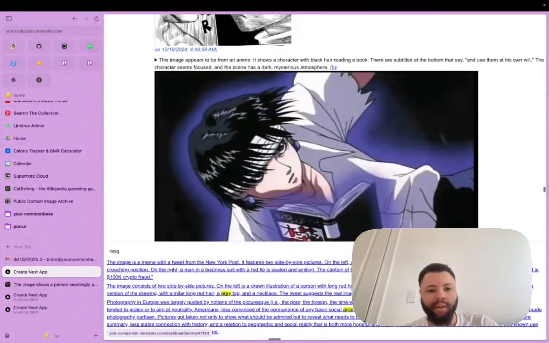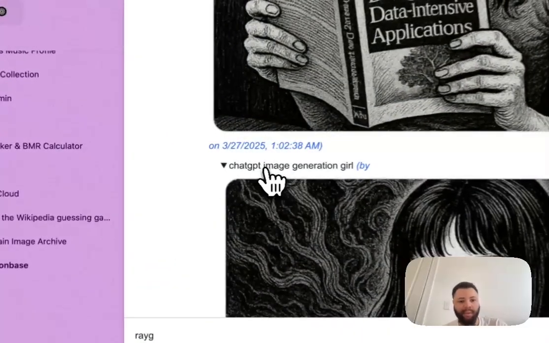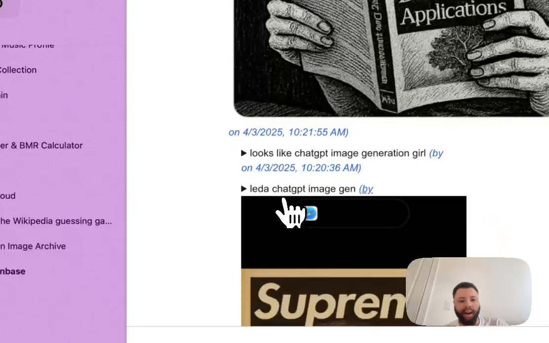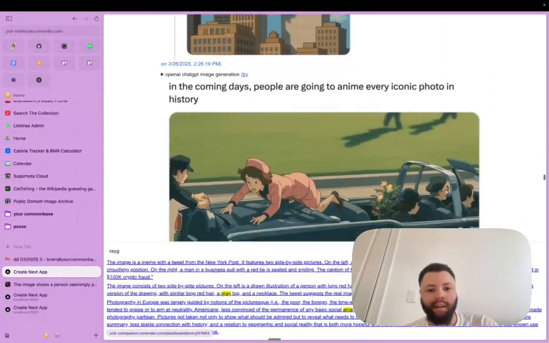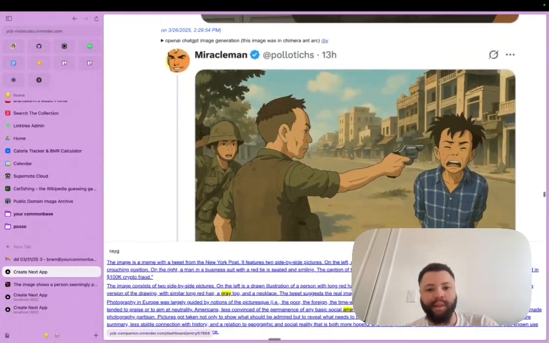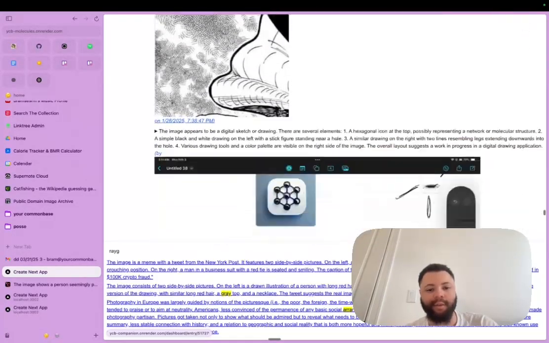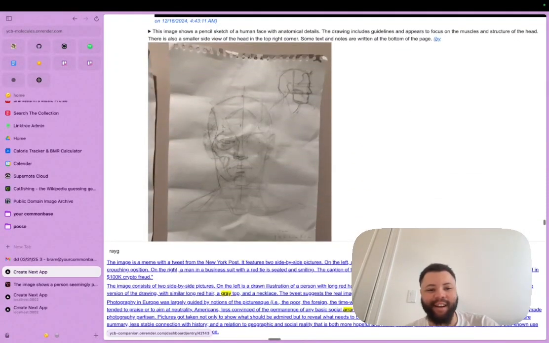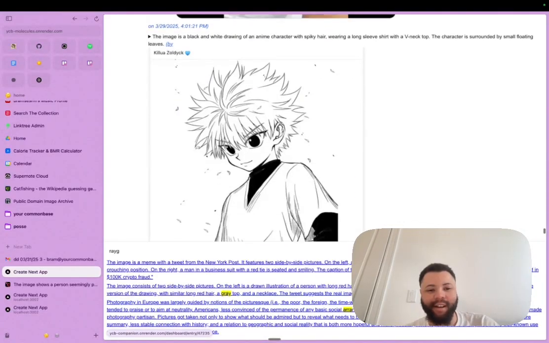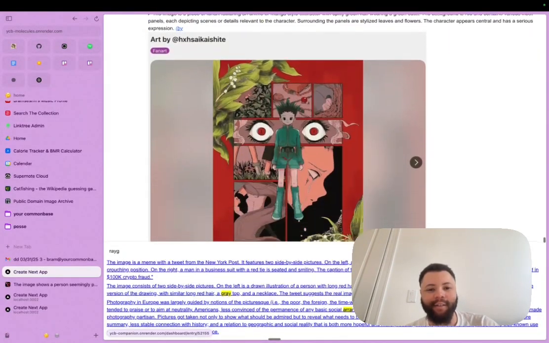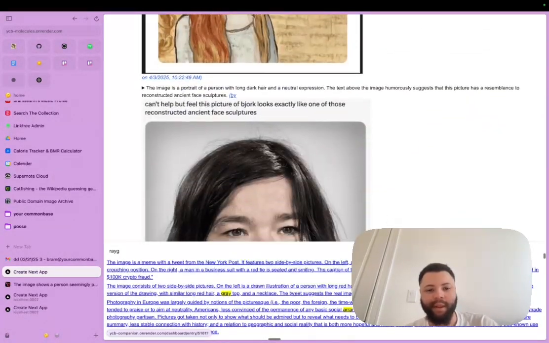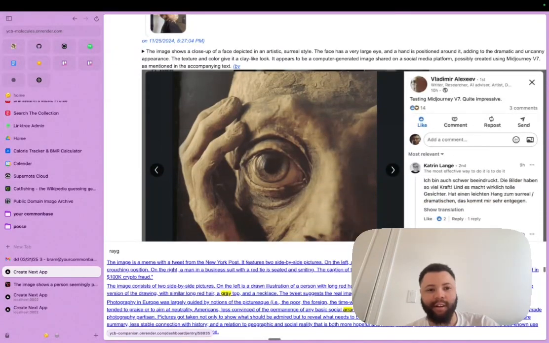space. You can also click comments. So this one says ChatGPT and image generation girl, and the comments will also do the ChatGPT. We'll actually probably see the Studio Ghibli one that we just saw before. You can see a lot of this stuff is stuff that I've highlighted from Twitter. So a lot of it is really Twitter related, or internet related, or Hunter x Hunter stuff, because I'm obsessed with Hunter x Hunter. You're getting a little glimpse into my own system.